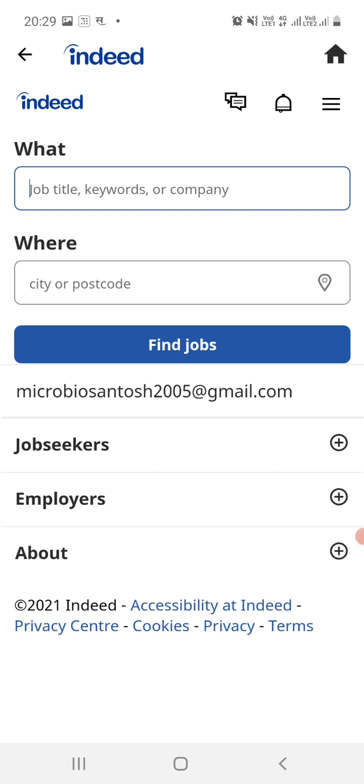Now I have logged in. If you want to search, see, this is the first column where the job title, keywords or company name is written. In the second column, if you want to search jobs in Pune, Nagpur, Aurangabad or Mumbai or other states also, Bangalore for example, Delhi, then you have to put the name of that city, and here you have to put the name of the job title.